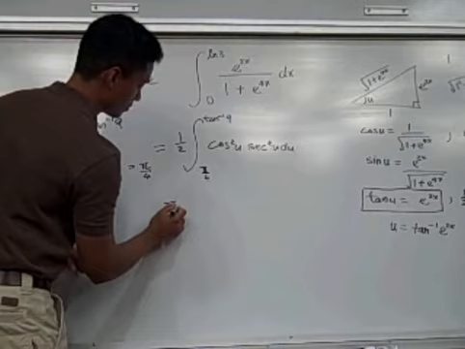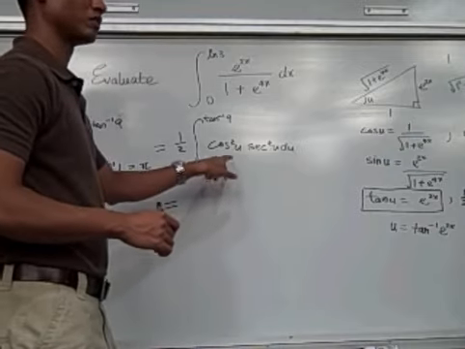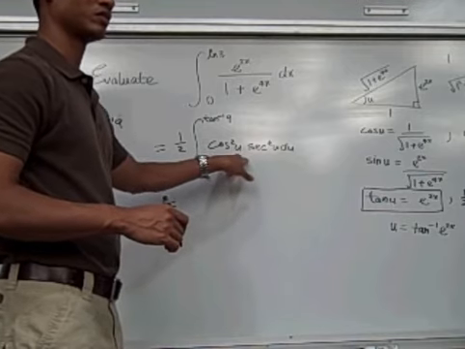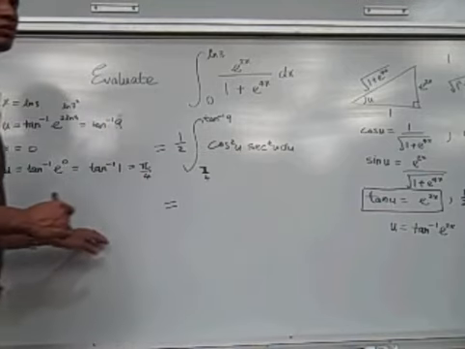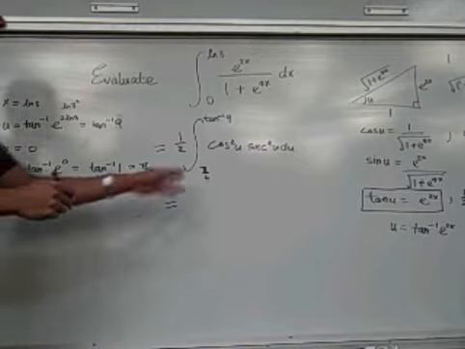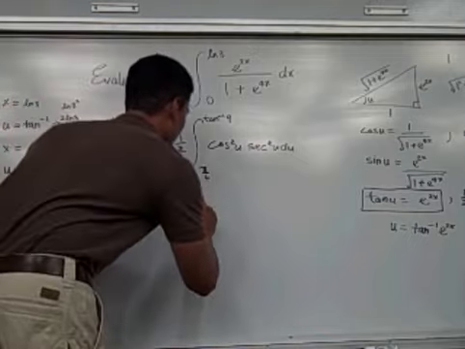Now you just plug it in. Now we need to do the integral. What happens when a cosine and a secant come together? Cosine is 1 over secant, the reciprocal of a secant, so they both cancel out to give you just